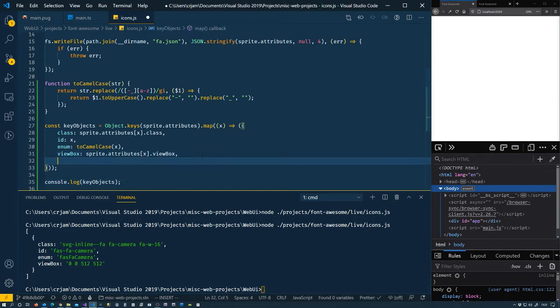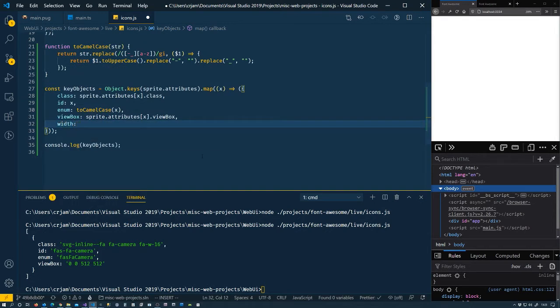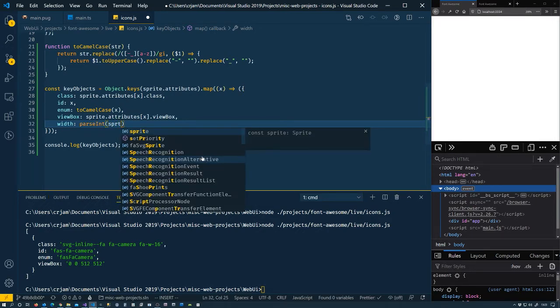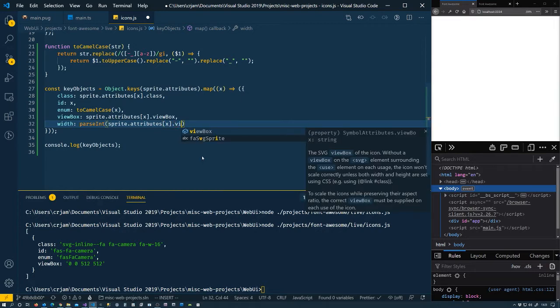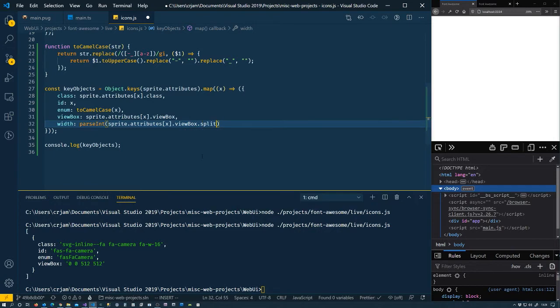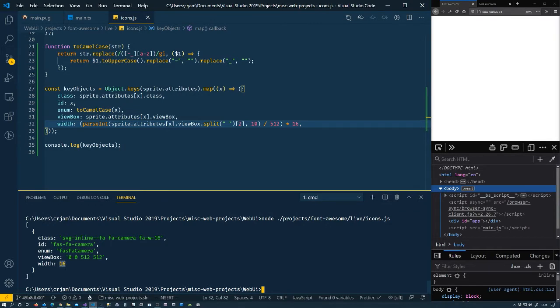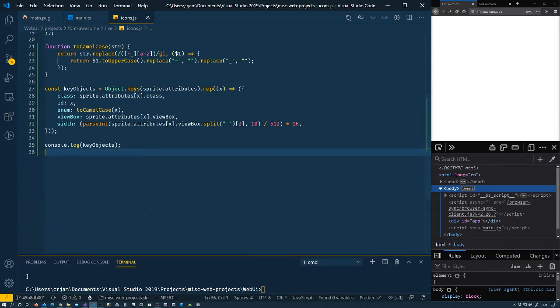One property that would be nice to have on this thing is a width. So let's create a width, and the way we are going to create this width is by saying parseInt of the sprite.attributes x dot viewbox. The viewbox is a string, so let's split that string on spaces, which means that the width will be the index 2 element. Put our radix in there. Divide that by 512 and multiply that by 16. If we save that, that gives us a width of 16. So that's working correctly. We can shrink this down a bit, get rid of our console log statement,